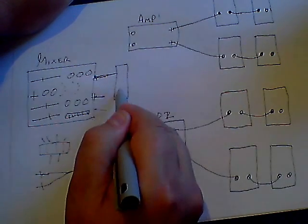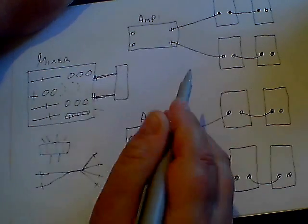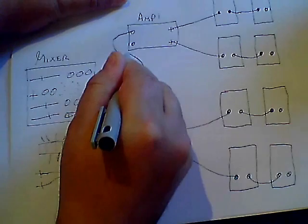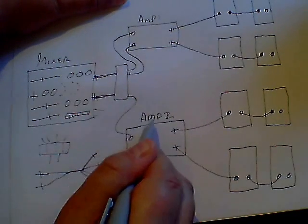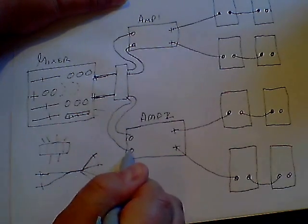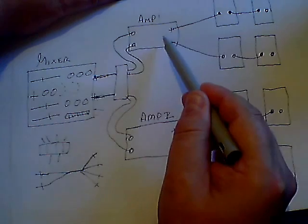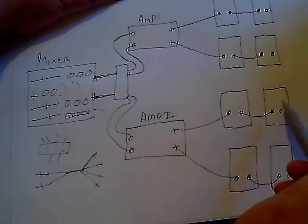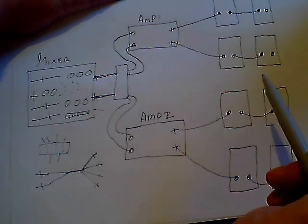But anyway, this is a junction box. So you've come from your mixer to here. You'll then come out of your junction box to here. And there you go. There's your setup. So we've got 8 ohm speakers. We've got amps that will run down to 4 ohms. So looking at the speakers you've got, they're very heavy duty. We're talking big venue